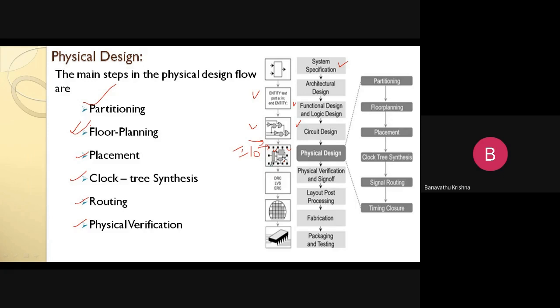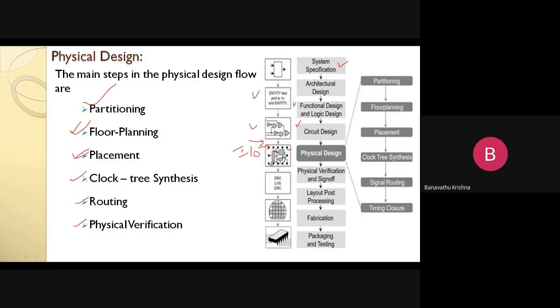Why are we planning? Our aim is to reduce the area and reduce the length of the connections. In that way we minimize our complete chip designing process, because we need to maintain our VLSI design technology parameters such as speed, area and cost, right? If these are affected, the system performance will be very low. That is the planning regarding this floor. And then after planning, I want to place whatever modules we have. Those modules are going to be placed in your floor plan.